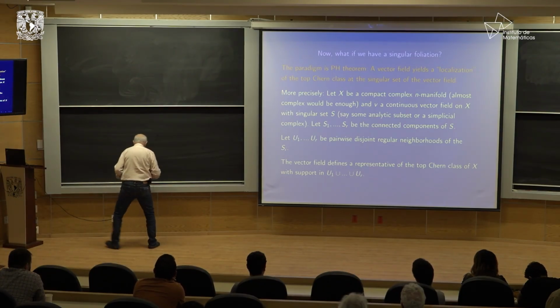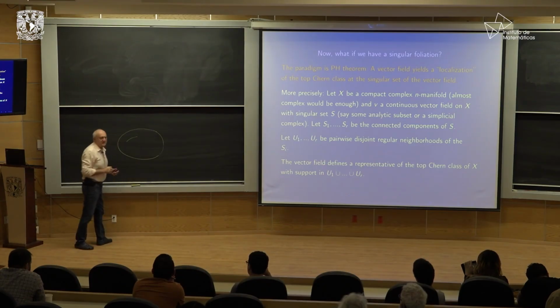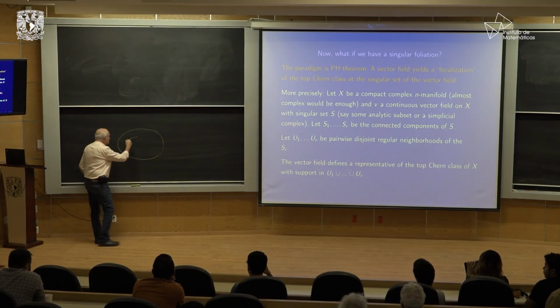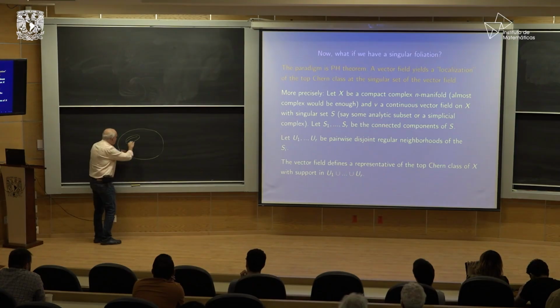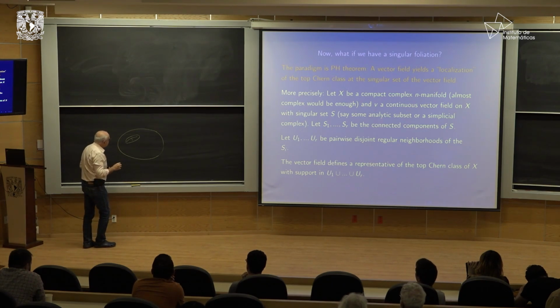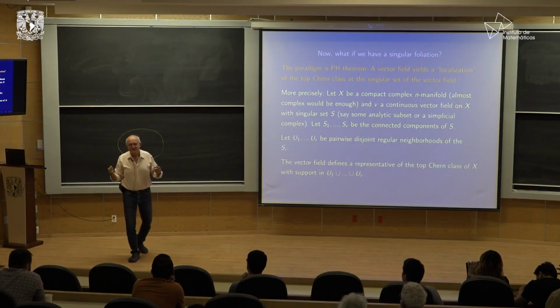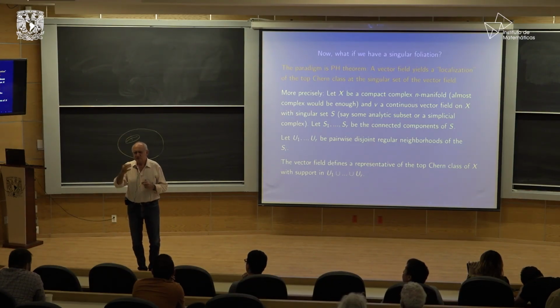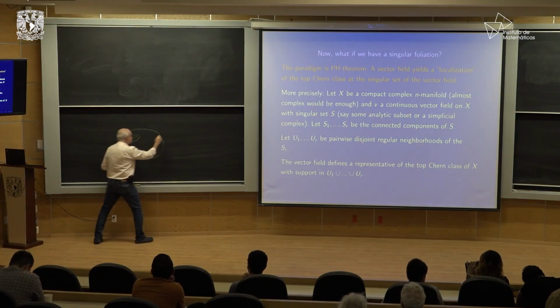So you have the manifold. And let me look, this is one connected component. We have maybe many, that's one. So we look at a tubular neighborhood, regular neighborhood of it. Away from S, we have the vector field with no singularities. Then now let me think as a topologist, and the top Chern class is the obstruction for constructing a non-zero vector field. Well, since the vector field here, away from S, is non-zero,